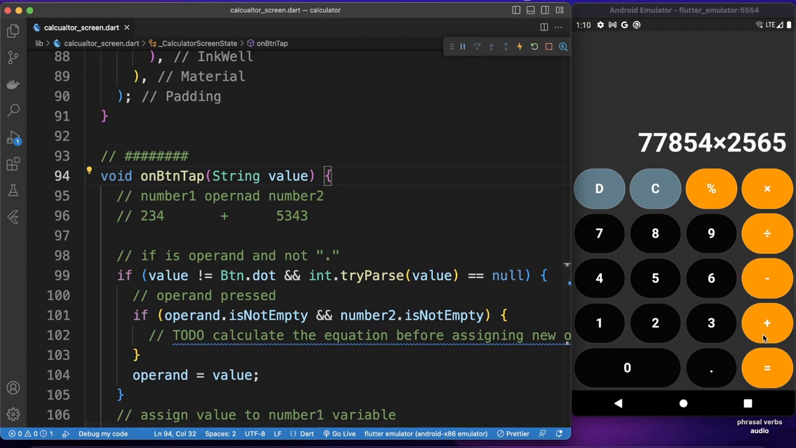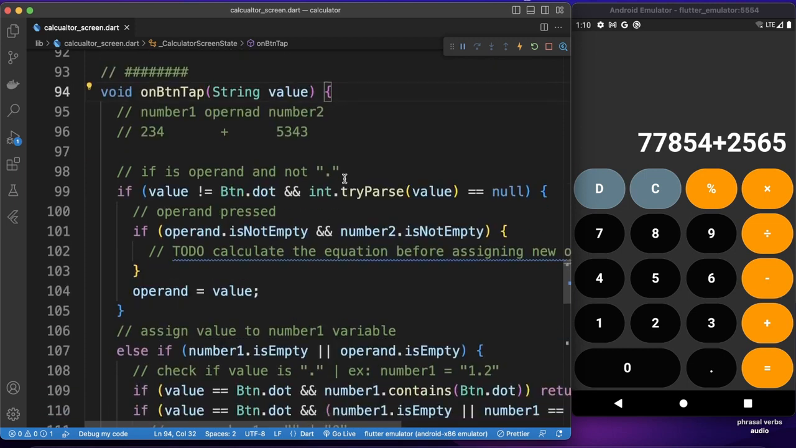And these four operators as well, right? Multiply, divide, minus, plus, right? These four and all of these black buttons. Now we need to deal with delete, clear, percentage, and calculate. So let's do that. So first of all, I actually want to